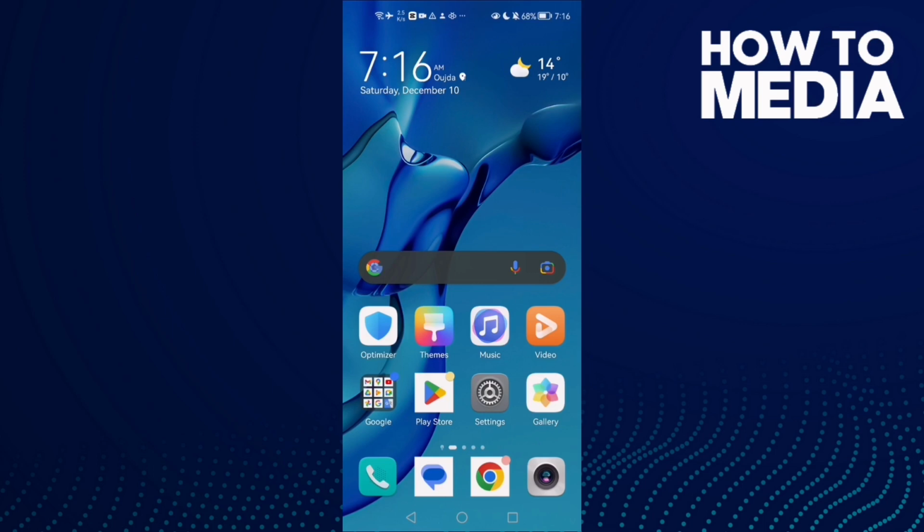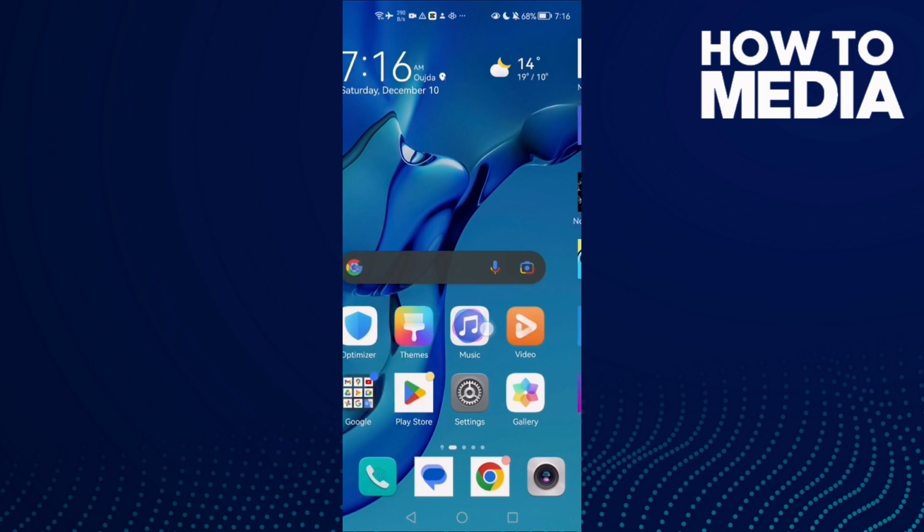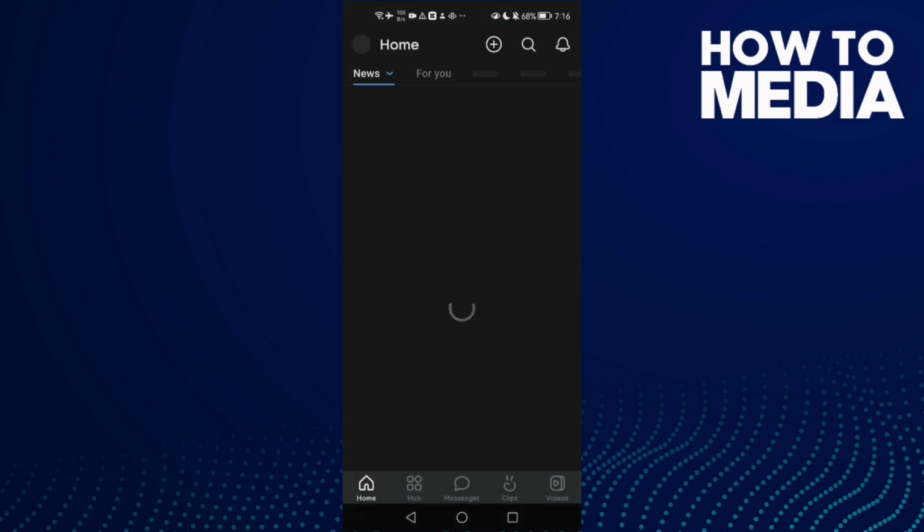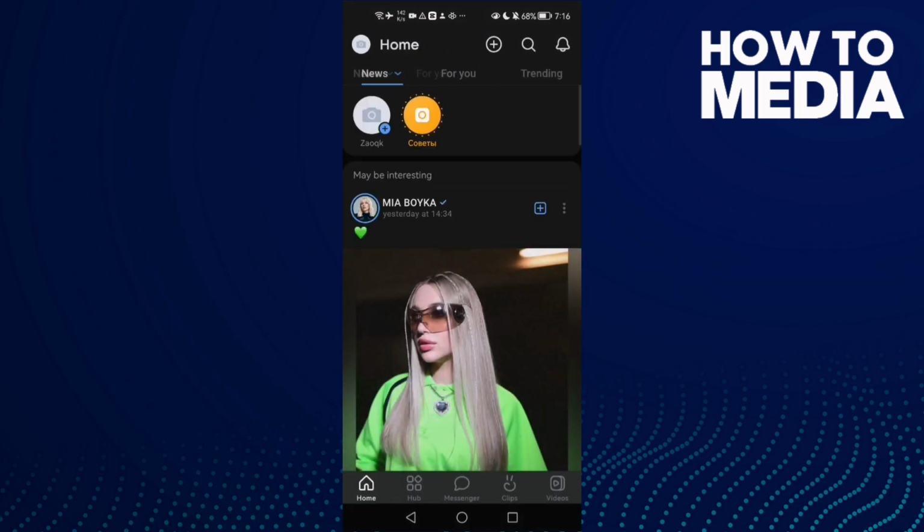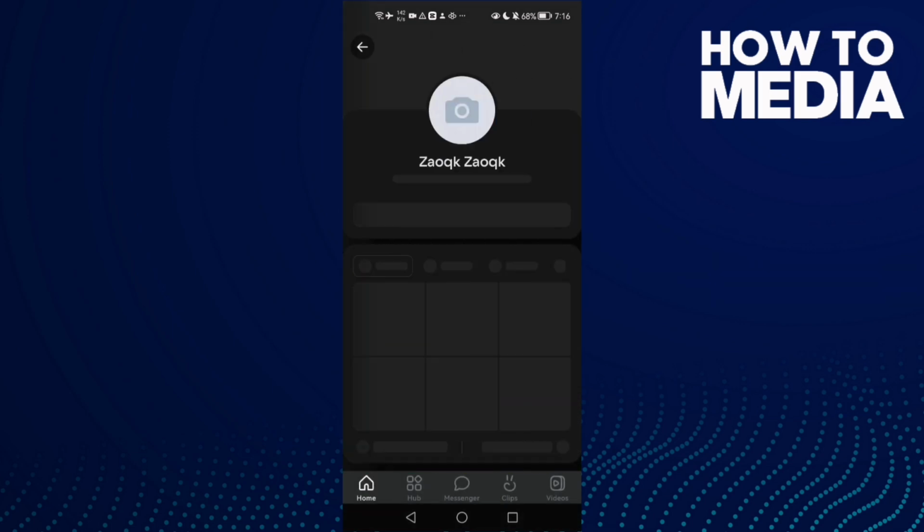How to add profile picture on VK on Android or iOS phone. Hello guys, in today's video I'm going to show you how to add a profile picture on VK on Android or iOS phone. First open VK and then click on your profile here in the top corner,